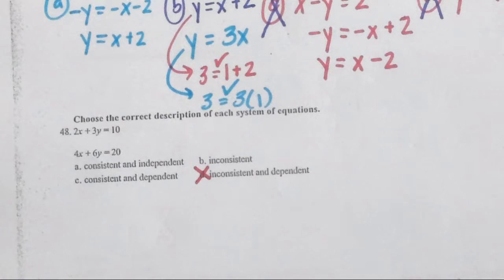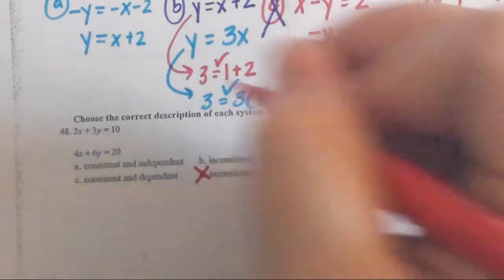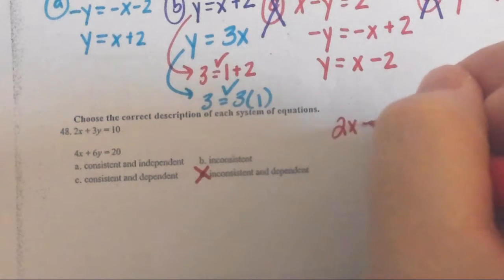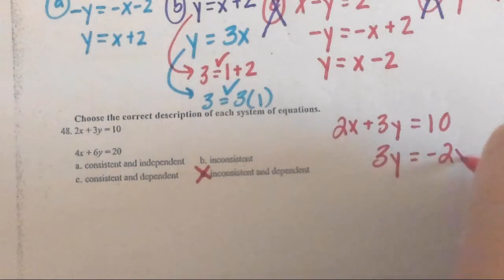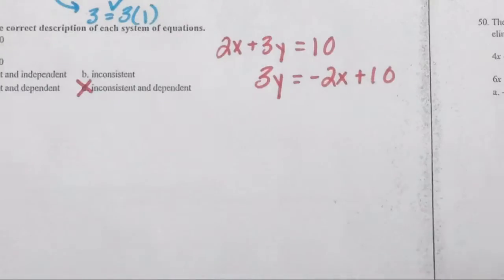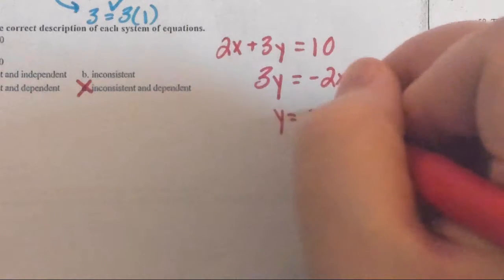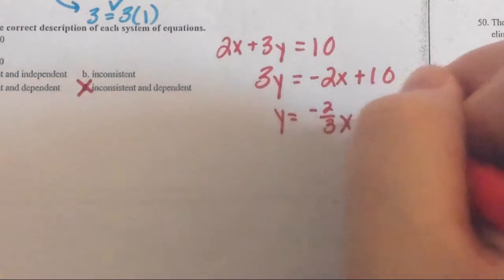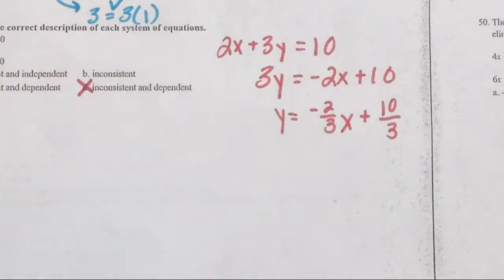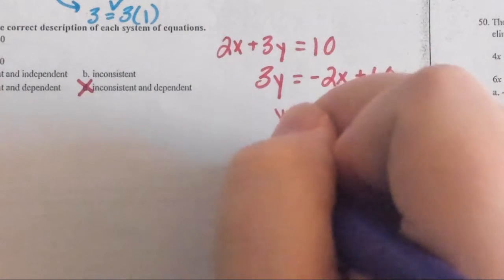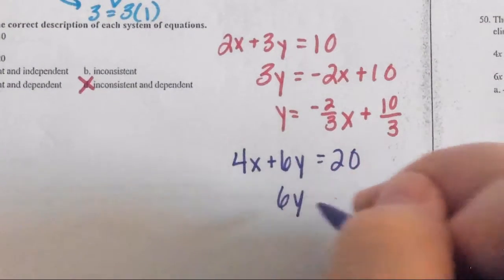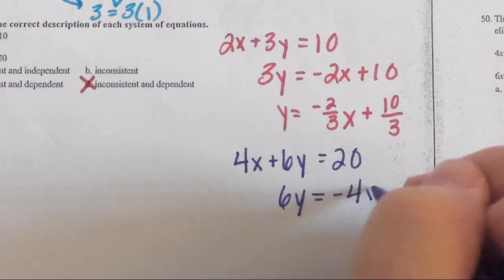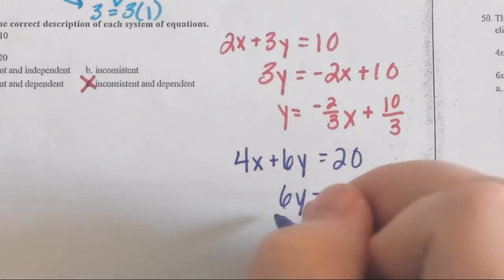Okay, so we could put it in y equals mx plus b. Let's do that. So we had 2x plus 3y equals 10. I move my x over, I'll have 3y equals negative 2x plus 10. I divide by 3, I'll get y equals negative 2/3 x plus 10/3. And that was the top equation. As for the bottom equation, it was 4x plus 6y equals 20. So that's 6y equals negative 4x plus 20. When I divide everybody by 6,